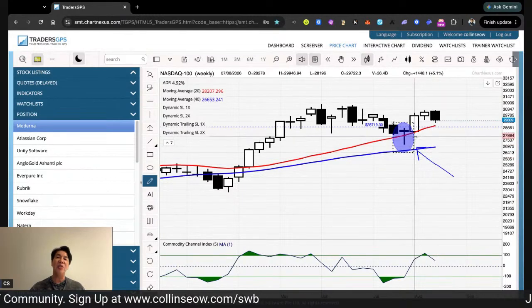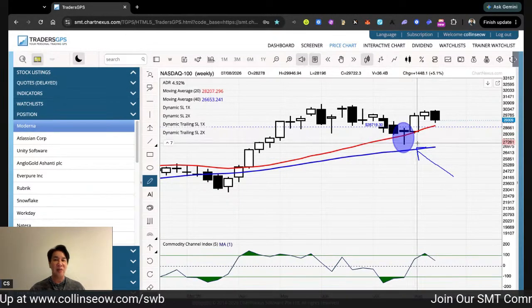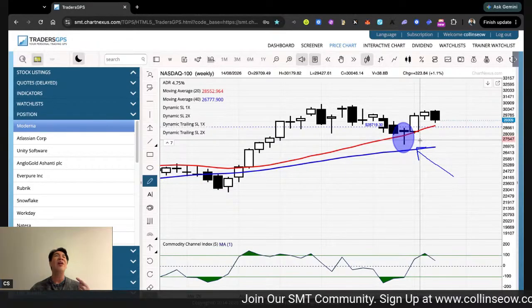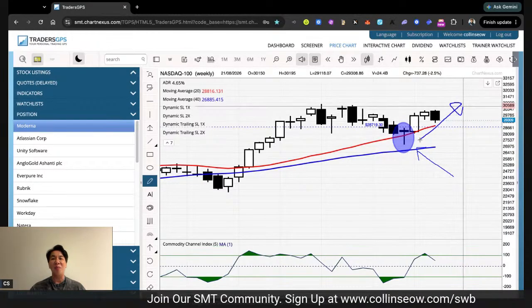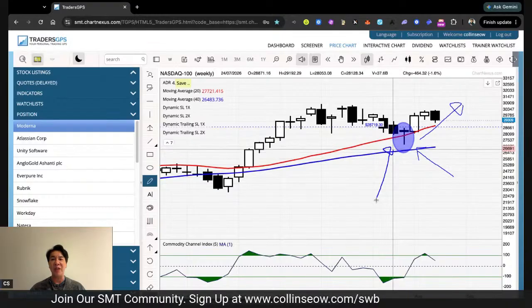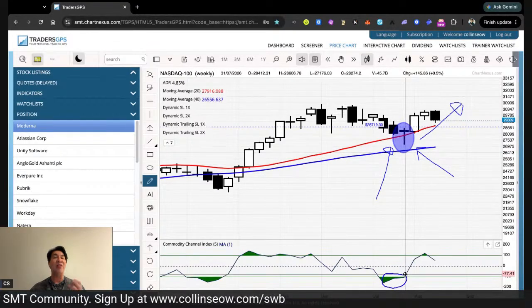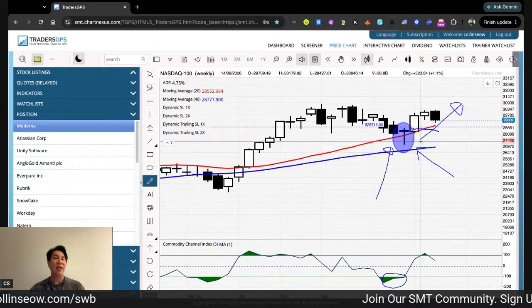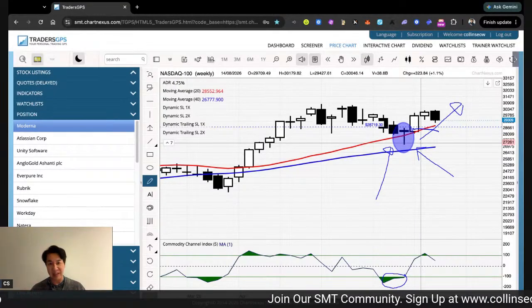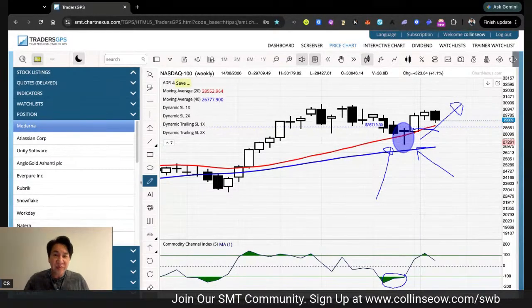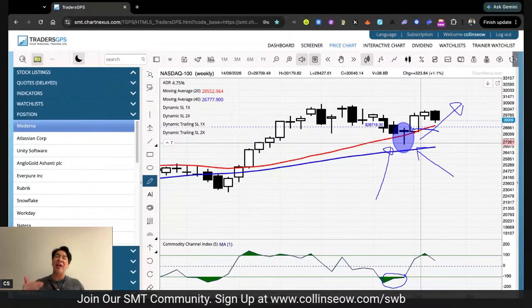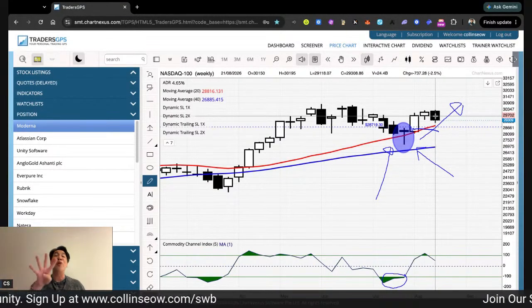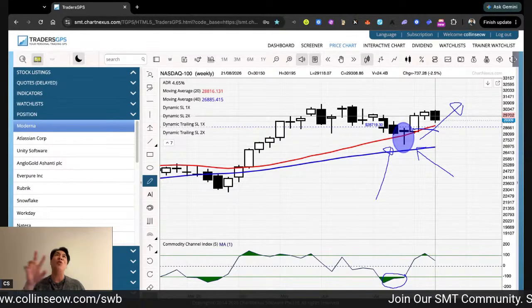So when y'all see this swing setup happen, for the 4 to 8 weeks, your general trade will be upwards because you have the MA sloping up, you have the CCI below 100 already, you have the setup, mark the high, break the high, buy. That is what we taught in class. Yes or no? Okay, so after that, right now, you're in the position for 1, 2, this is the 4th week already. You have about 4 to 8 weeks.